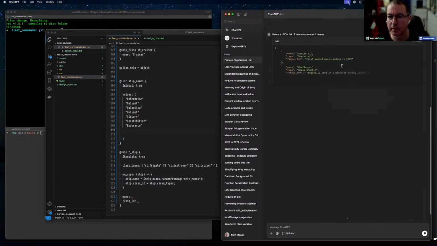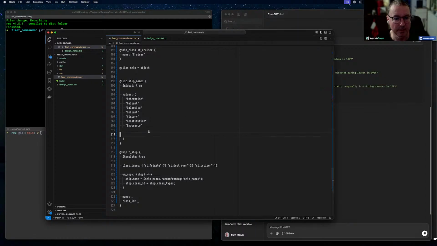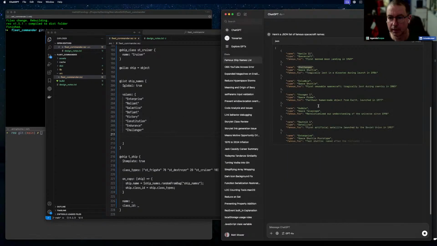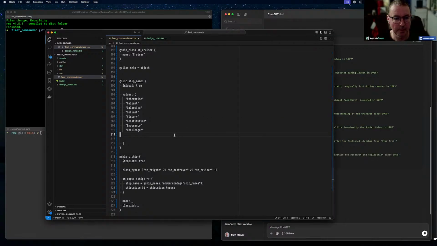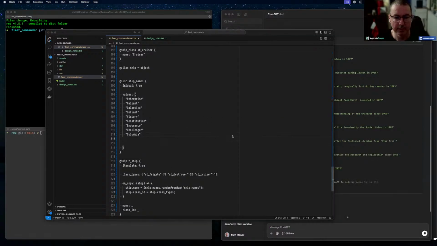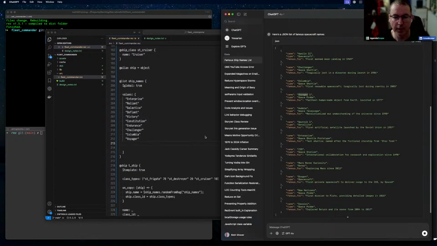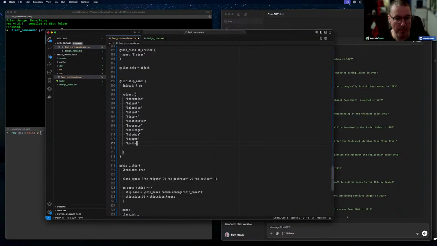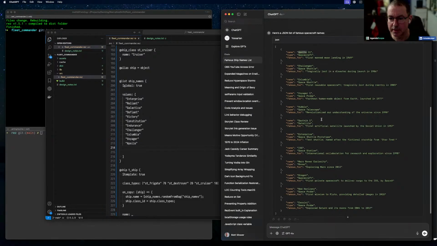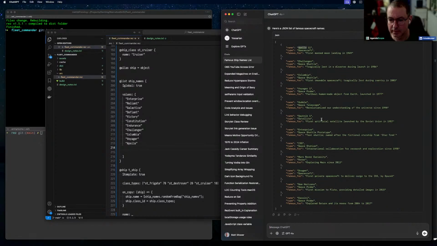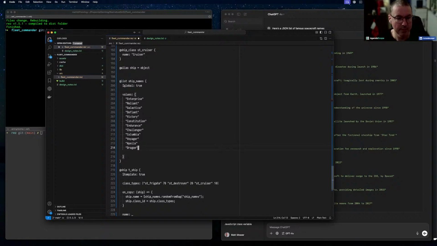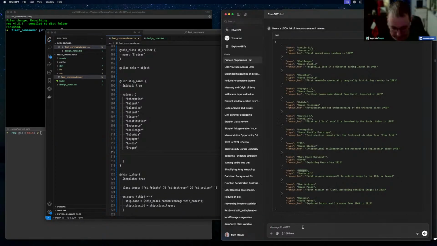Well, this is not really what we want. Challenger is okay. Columbia, I guess. Voyager, that will do. Apollo, we can take Apollo. Probably should have given this better instructions here, but this is all right. Dragon. Yeah. Right, so